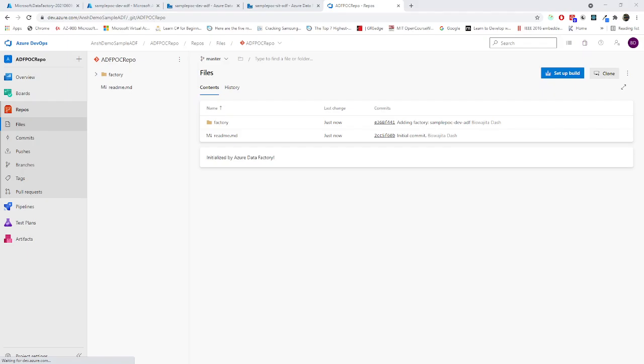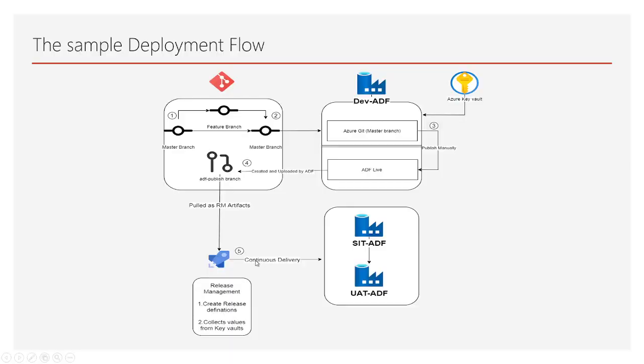Because as I have already told, if you go to the architecture, once the first collaboration has been done, when we are publishing it manually to our ADF, it will be either created or uploaded. Suppose there is nothing in our ADF right now, so it has not been created. Once something is there in our branch, we will publish it, then this ADF publish branch will be created.